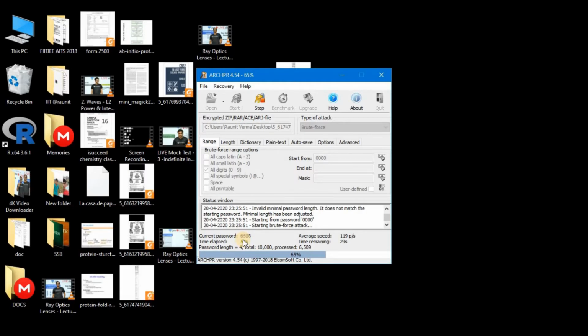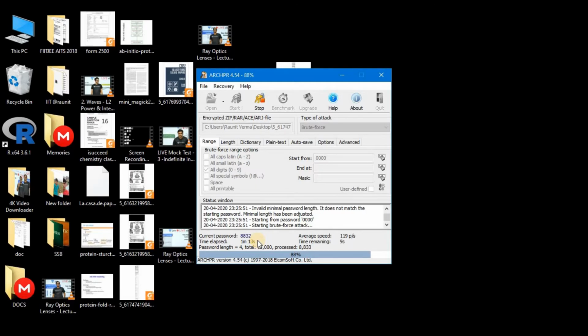This is the way you can crack the password of a compressed folder. I know it won't work in all cases, but it may work if you remember the password a little bit, or if you have some hints.